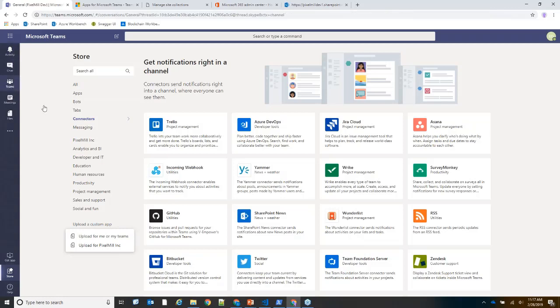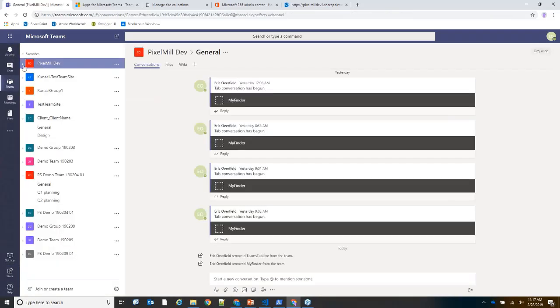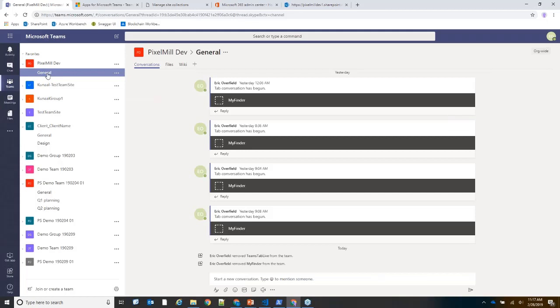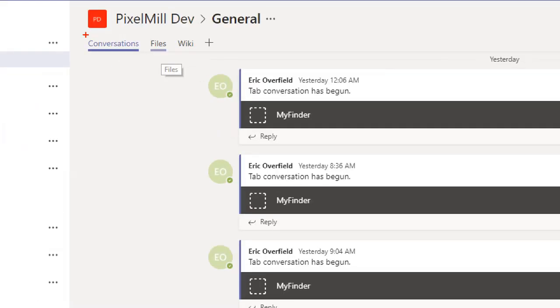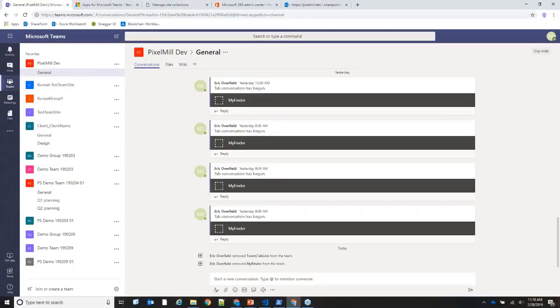If we actually went into a team, let's say, and we went into a channel, let's go to this PixelMill dev, which is actually an organization-wide team. The tabs that I keep talking about here are the tabs across the top. And there's this one here where you can add a tab. So once you've added an app, if that app includes a tab, you could then add that tab, which is what we're going to do with